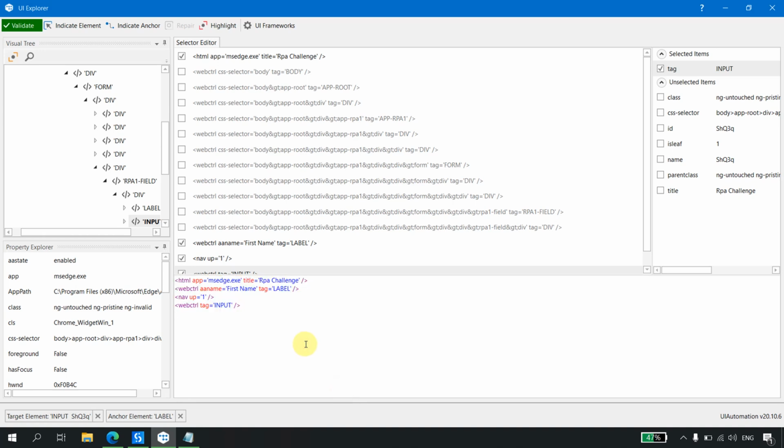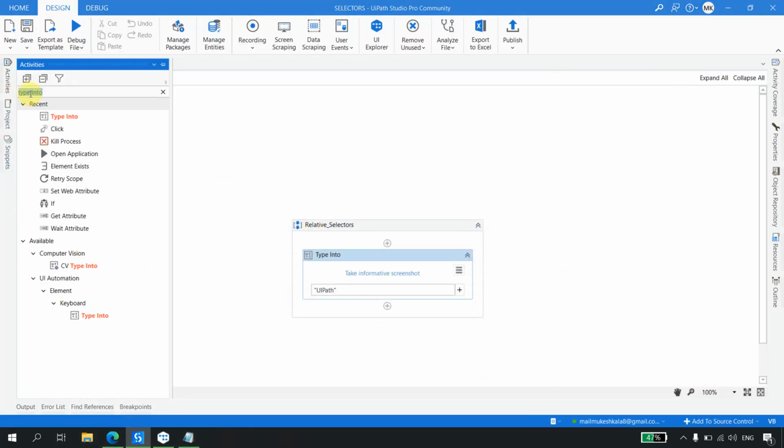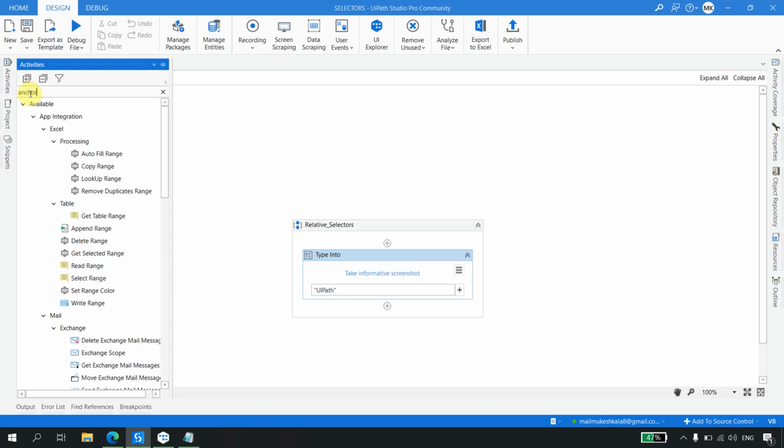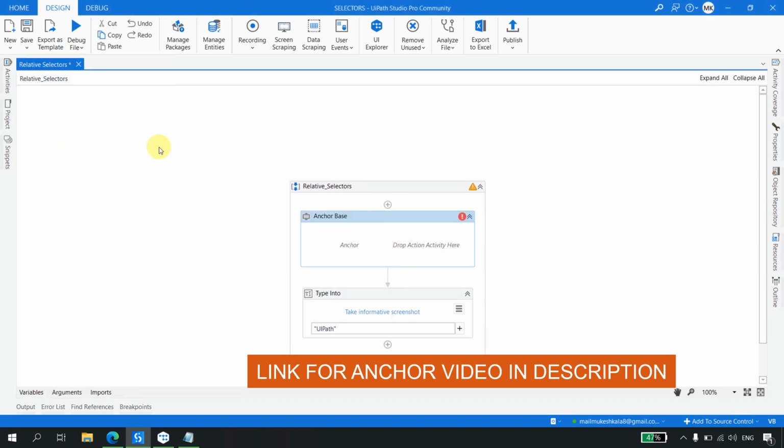Okay, so now the question arises, what is the difference between an anchor and the relative selector? The only difference is if we just use the anchor based activity, right? So I am not going to go into details, because we have already discussed this in the previous video. In case you have not watched, you can just watch the video which I will link in the description.